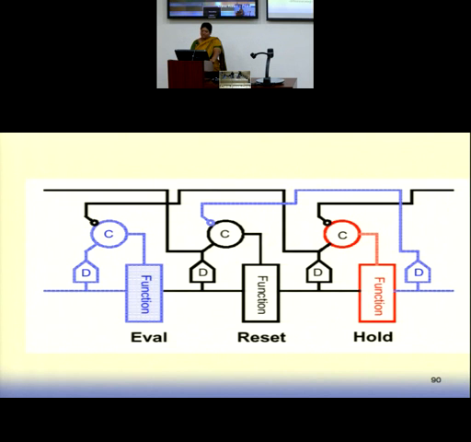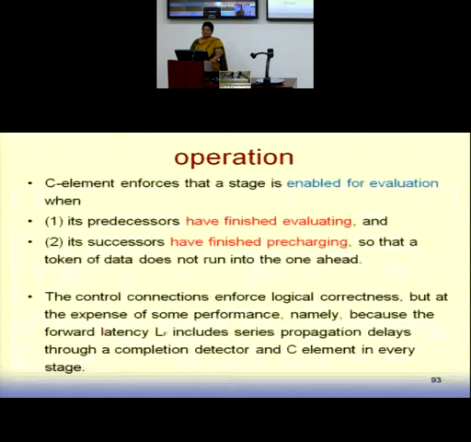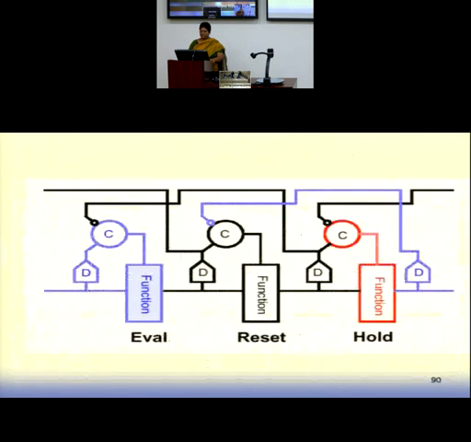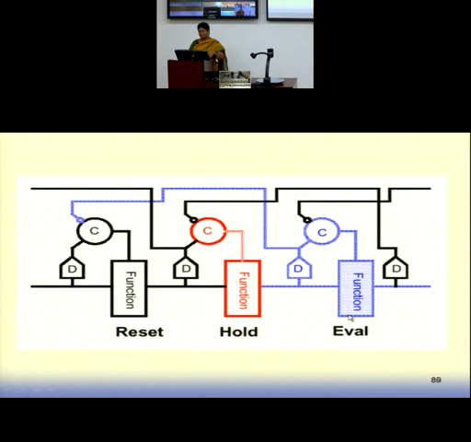Okay? So that means now if I look at my expressions, when a stage is enabled for evaluation, so this is enabled for evaluation, that means this has finished pre-charging, and this is about to evaluate. This is in a reset mode, and it will have an evaluation due. In the next cycle, this will be evaluating. Clear? Understand very clearly.